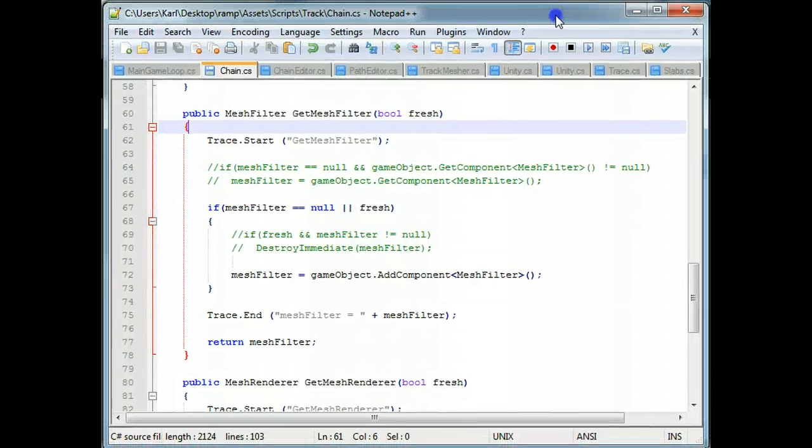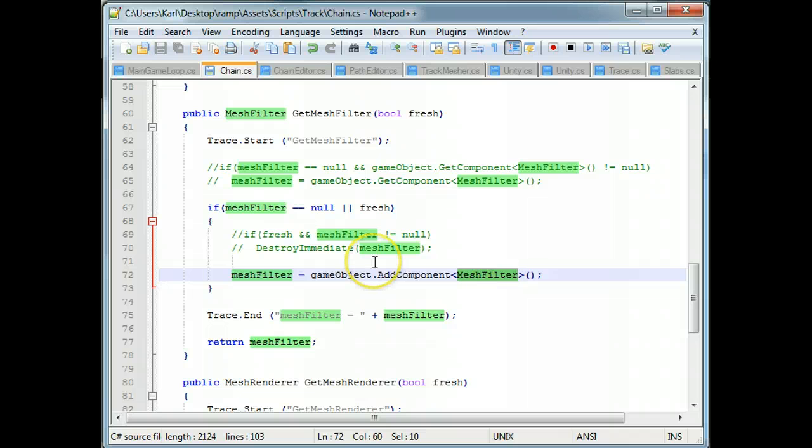Okay, so the problem was that I was trying to add a component. I was trying to add a mesh filter component when the mesh filter is still attached. But that's what's confusing, because here I'm checking if mesh filter is null. So clearly when the script gets